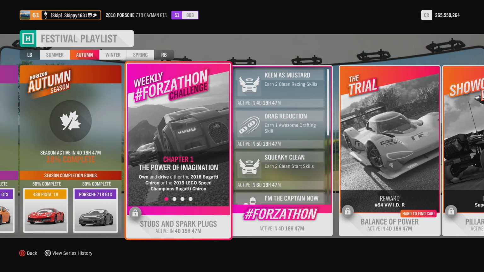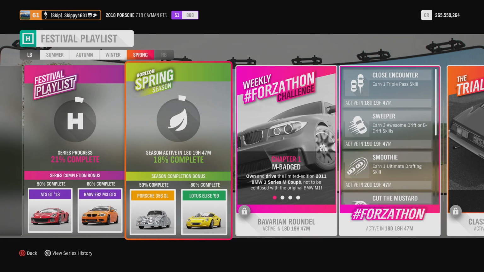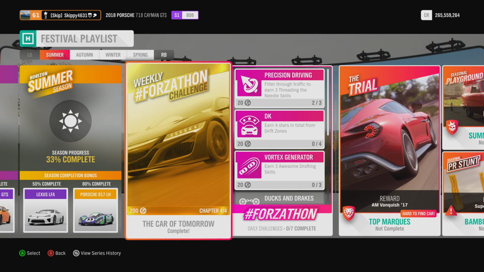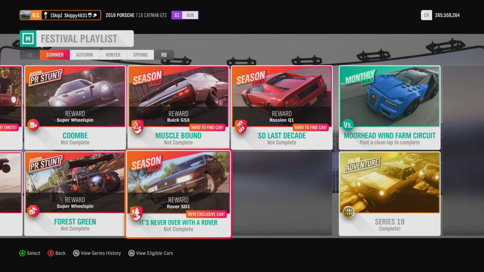But it does carry over to all 4 seasons, so I would suggest getting this done in the season of summer. But not to worry, if you don't do it until winter or autumn or even spring, it will backdate to the other seasons. The 2 cars to look out for this week is the 50% completion, the Lexus LFA, a brand new car to Forza Horizon 4 and a returning car to the Forza franchise. And for completing the seasonal championship, it's never over with a Rover, the Rover SD1, a brand new car added